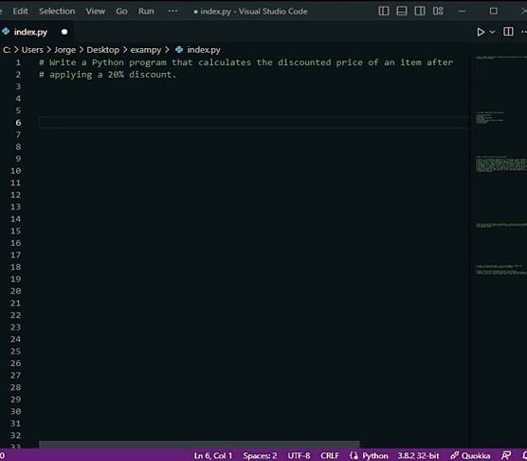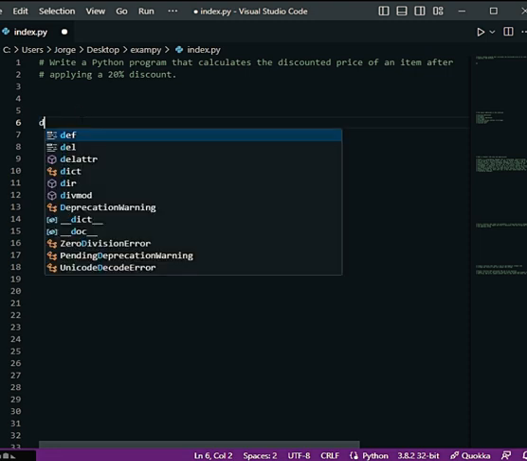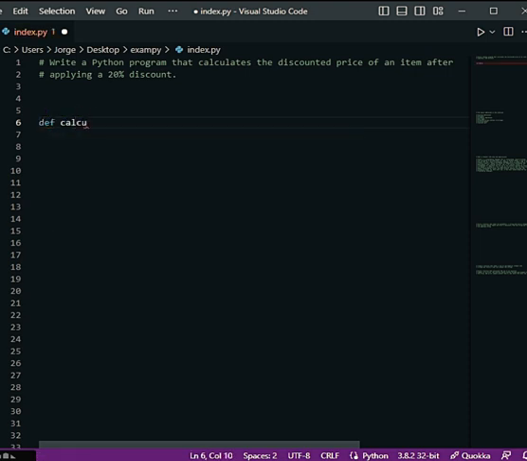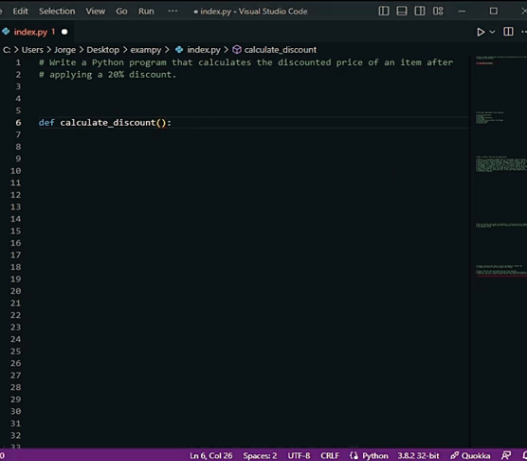For this exercise, we will name it calculate_discount. So here we have the def keyword, the function name, the parentheses, and inside the parentheses you can specify parameters,